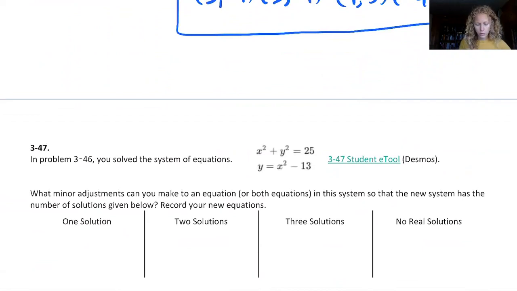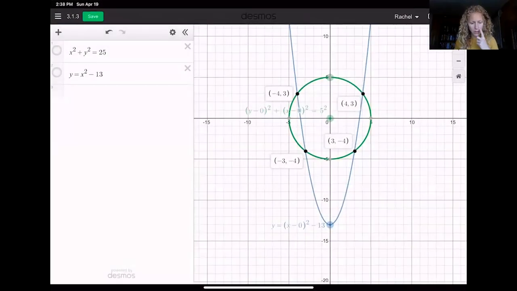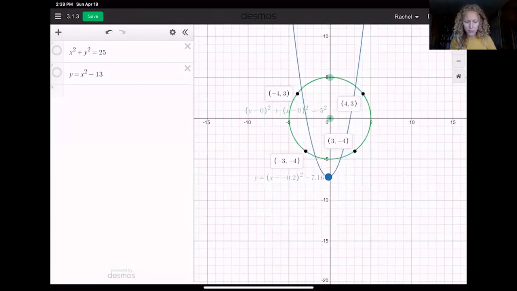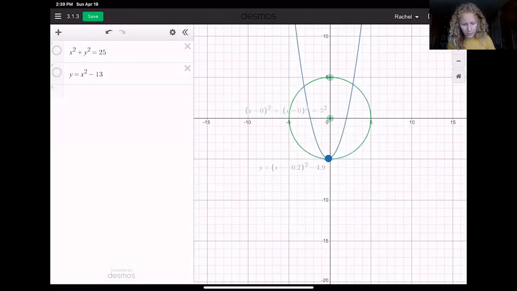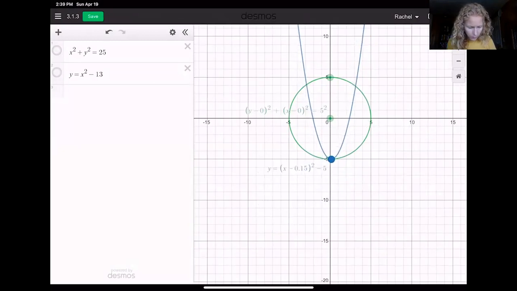If you want to just mess around with the graphs, I think there is a link here on this document if you want to use it, or you can just type them in. But if we go back to Desmos and we start thinking about it, these graphs can move. So if I just start moving up my quadratic, like this right now is 4 points. If I move it, where I get my vertex on exactly, it's kind of hard to do, but if I get my vertex at 0,